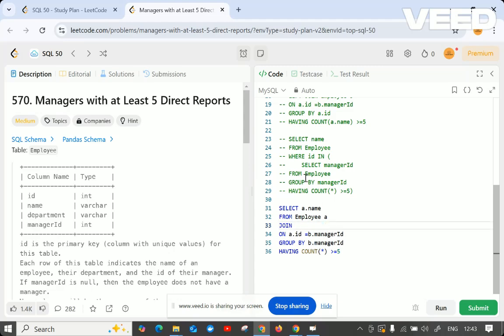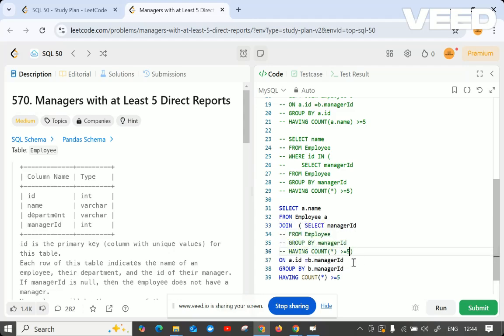In this place, we'll be having some more select. Again with an aliasing name, this will be A2. Okay, this is A. This is A2.